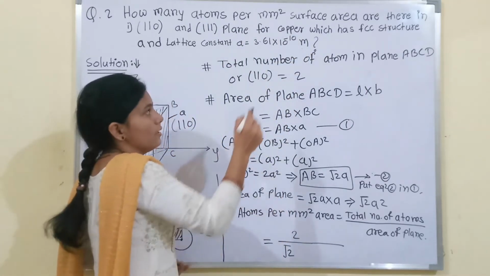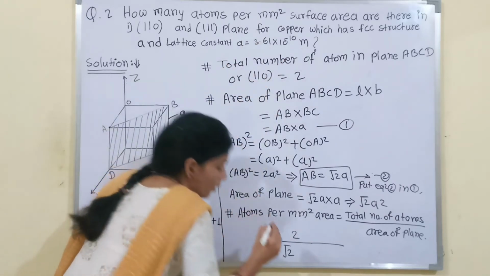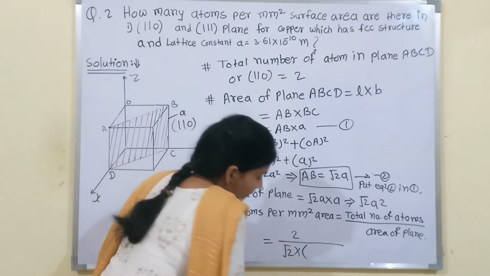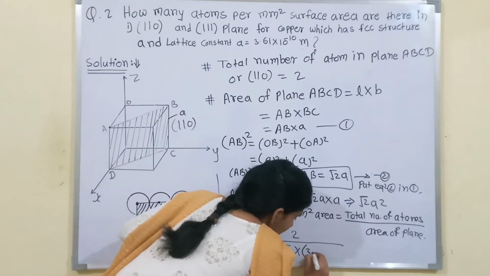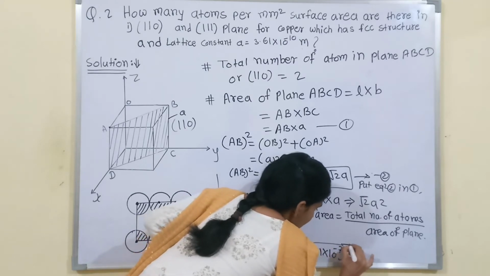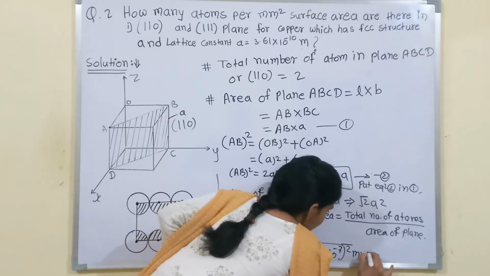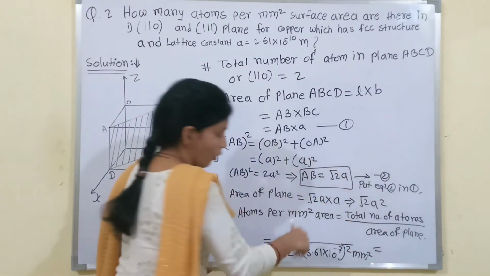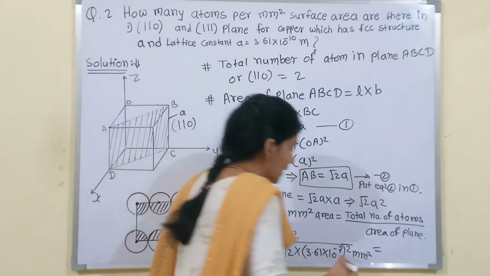For the conversion of meter to millimeter, we multiply by 10 to the power minus 7. So 3.61 into 10 to the power minus 7, square, into millimeter square. If we calculate this whole mathematical operation, we will get the value